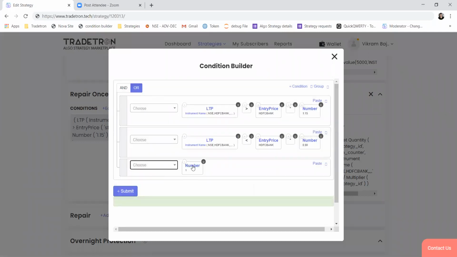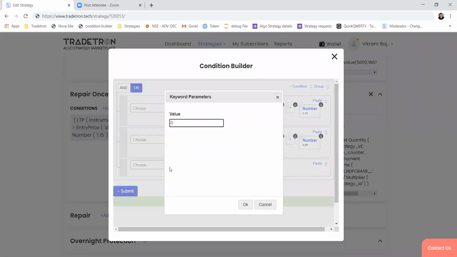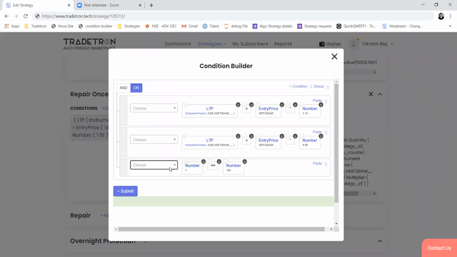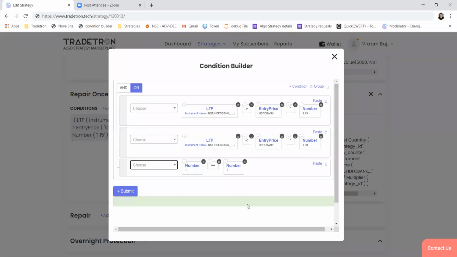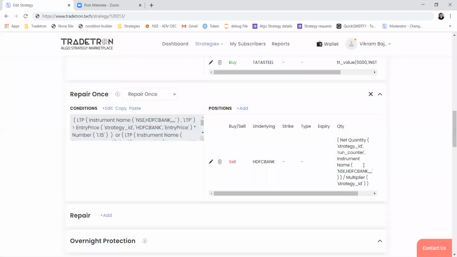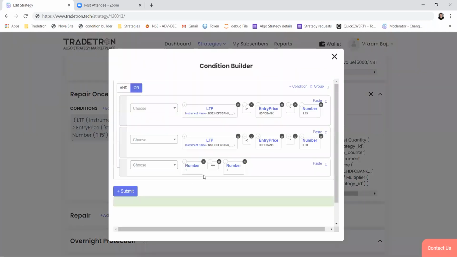This is a condition which will always be true: number 1 is equal to number 1. So basically, we have defined a position which will exit the open position in HDFC Bank. And if you want to make it true right away, then just put this condition and it will exit the position as soon as you update this strategy.